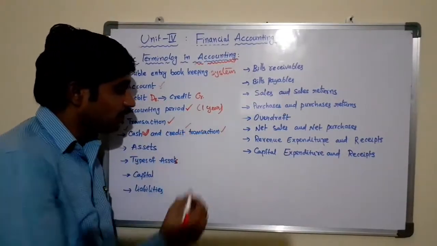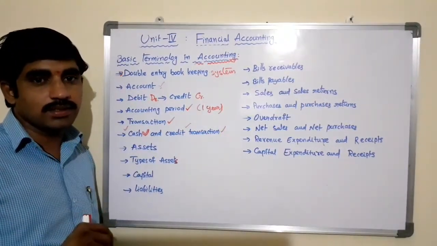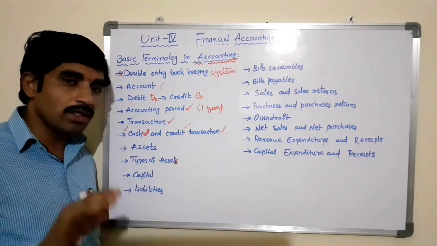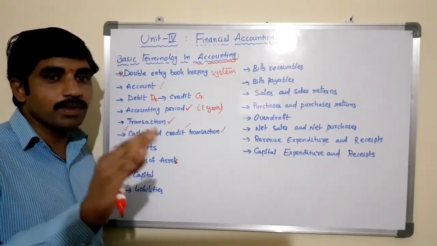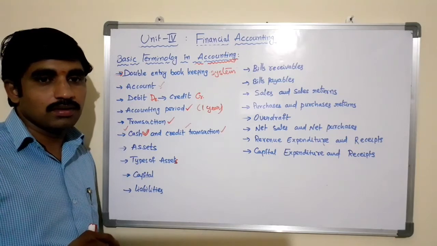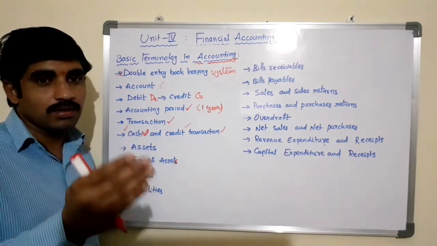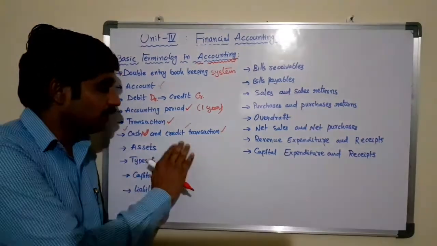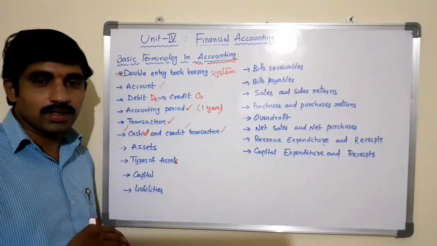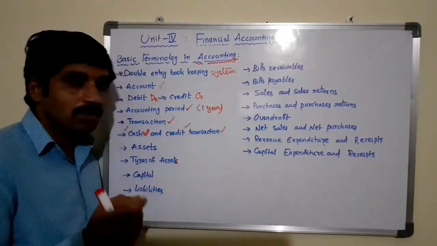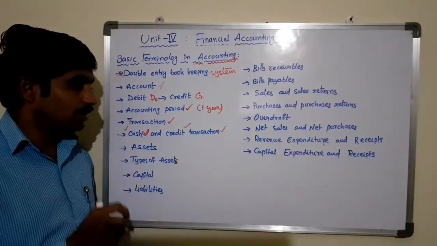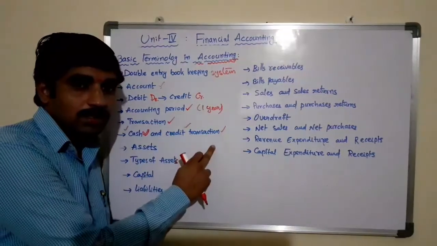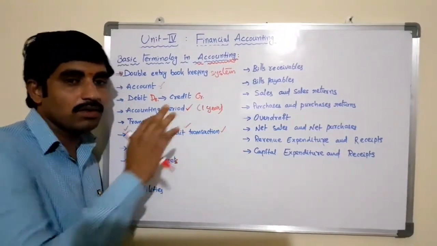Whereas the second type of transaction in any business is the credit transaction. A credit transaction does not involve cash, but the same amount will be paid at a future date as per the promise given by the buyer, or as per the promise given by the business to the supplier. When there are scarce resources in terms of money or capital, the customers or the business will conduct the transactions on credit. Such transactions are known as credit transactions, which do not involve cash.